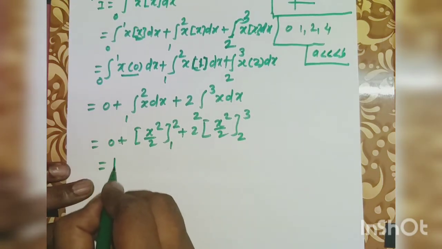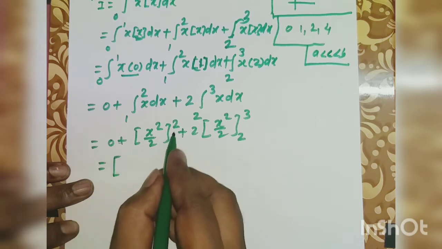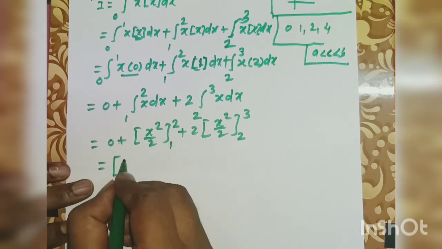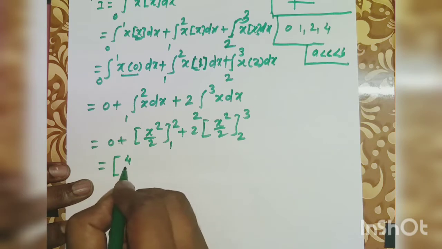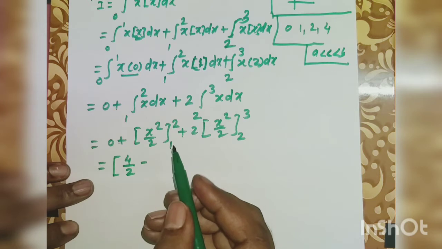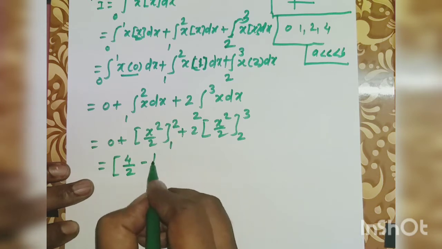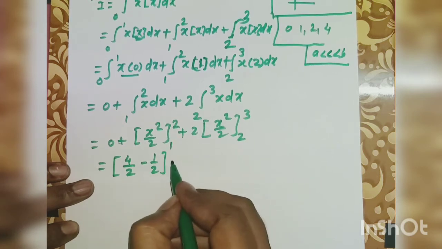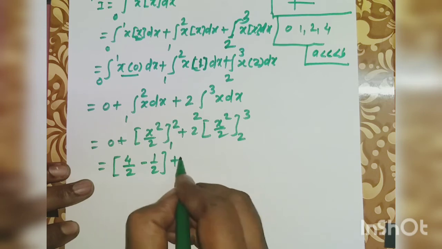Then upper limit is 2 square, 4 divided by 2, minus lower limit 1 square, 1 by 2, plus